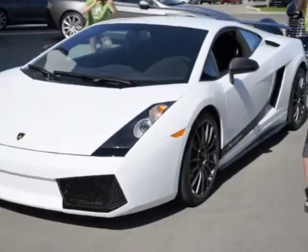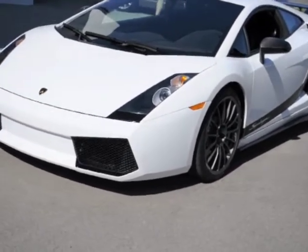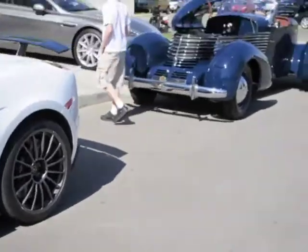And we have this gorgeous Superleggera Lamborghini, one of about 180. Wonderful car, fast car, R-compound tires, lots of carbon fiber. Wonderful machine. And then, you know, we have